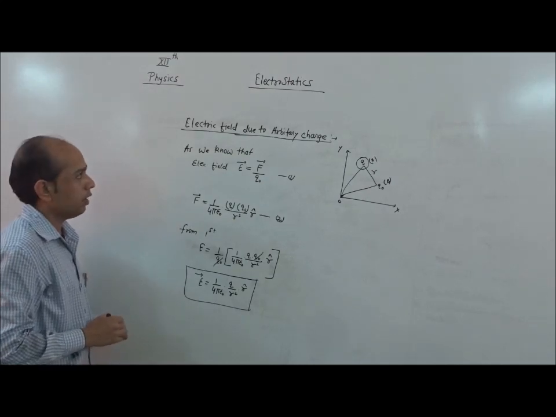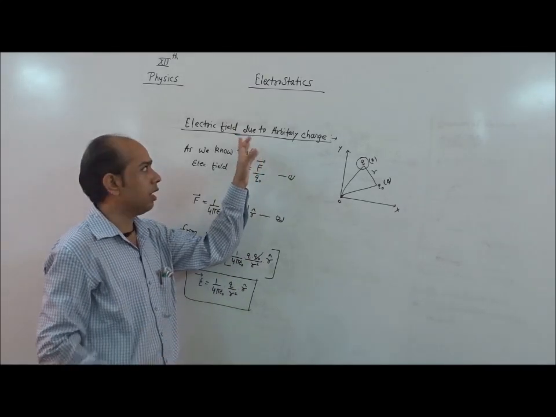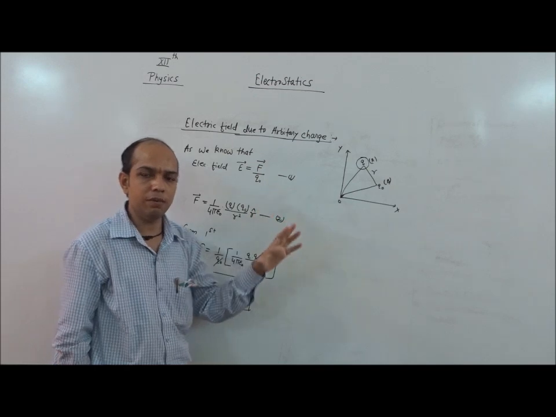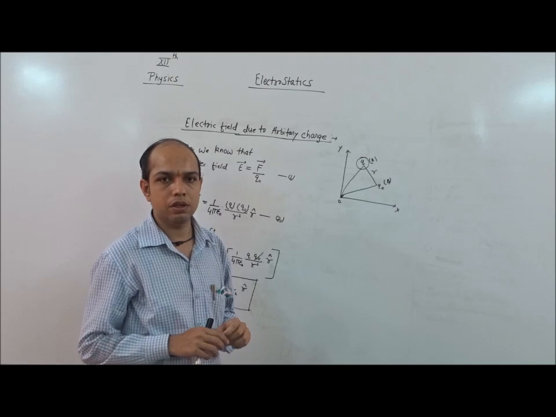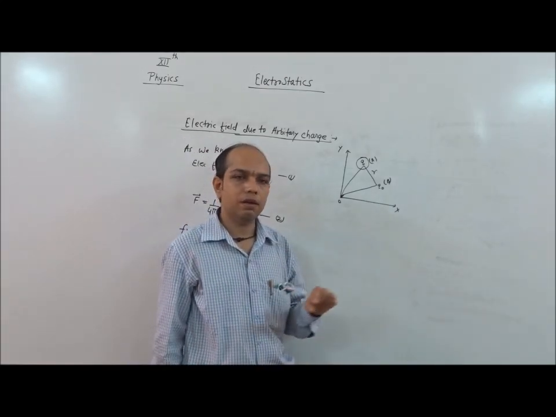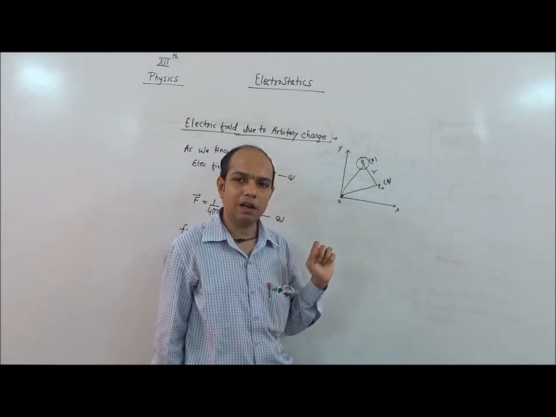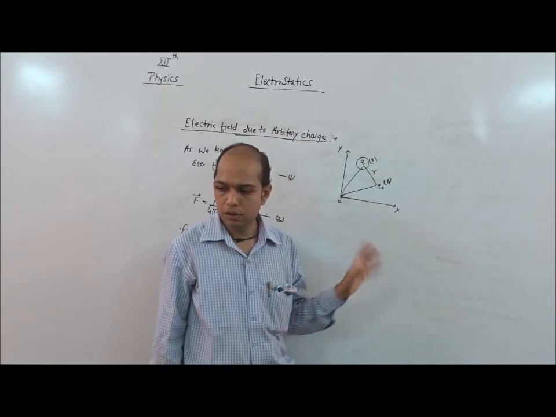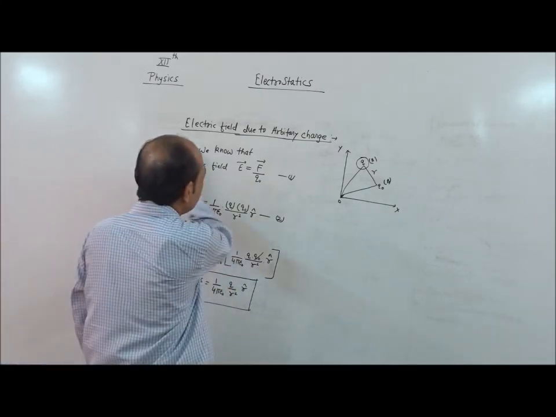Okay. Next we come to what is the role of this electric field and how this electric field produces its lines. Like in magnets, as we know, in a magnetic field a bar magnet produces its own field, and its own field is calculated by magnetic lines of force. Similarly, electric field also produces electric field lines. So next we come to electric lines.